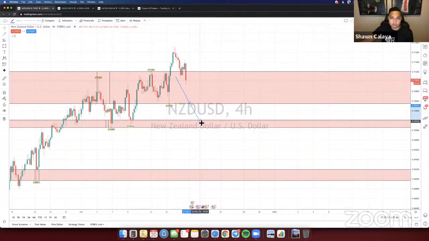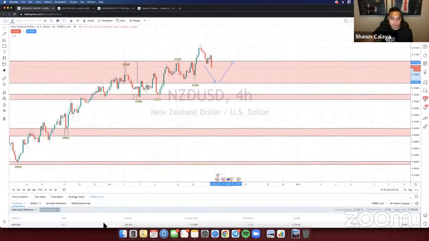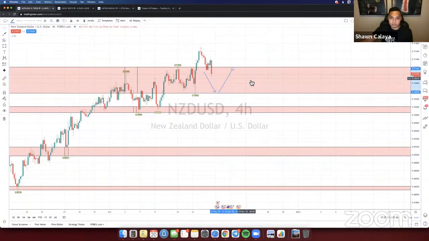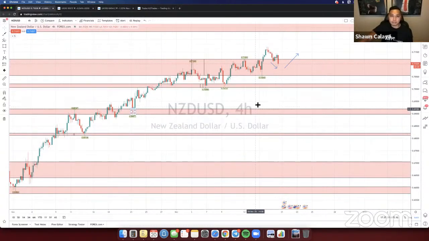However, like I mentioned, I think the US dollar is going to continue to be weak because of the new stimulus bill that's going to be passed. So I think what's going to happen here is it might come down a little bit, might test the structure, and then it's probably going to shoot right back up at some point. Yeah, because I'm going to buy for AU. So I think it's either going to come down to here, or it might not even come down that far. It might come down to somewhere over here, and then it might swing right back up